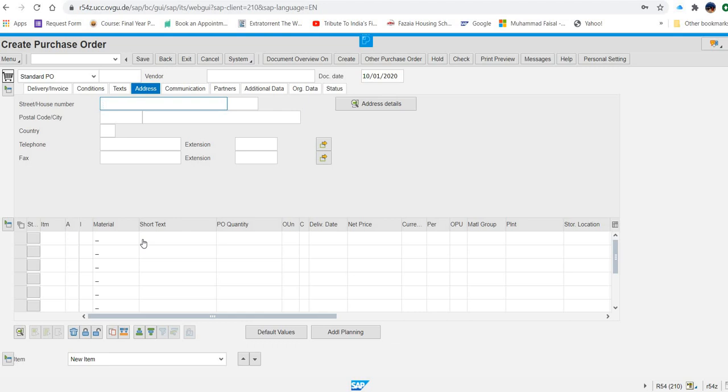Now you can see this screen is open. Now in this screen, what do you have to enter and where? Let's see what data you have to enter. They are saying in the vendor field, you have to find by using F4 the protective gear.